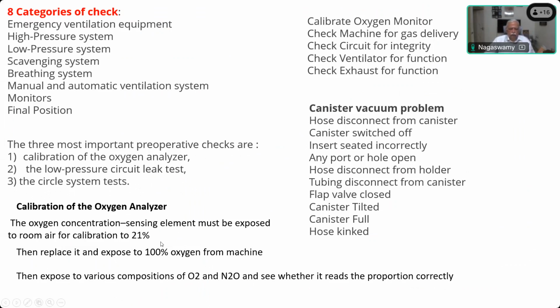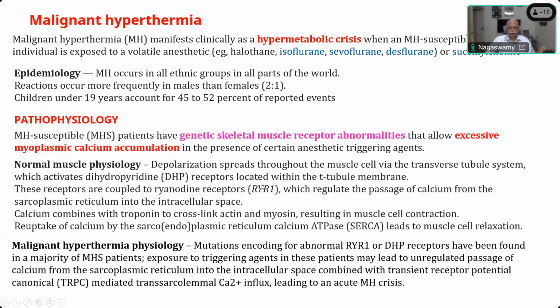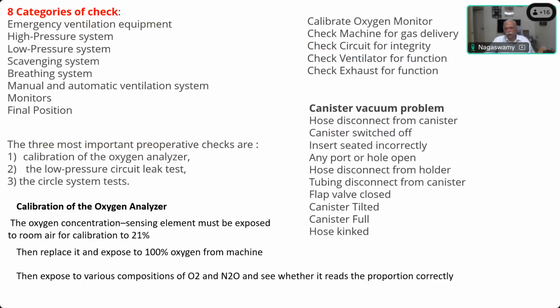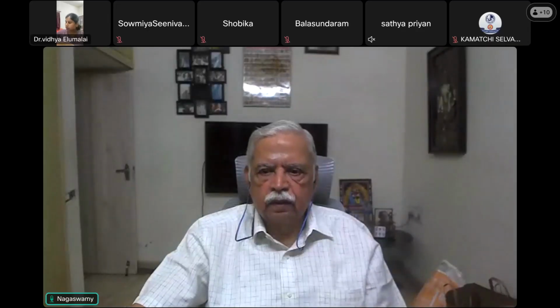When you use only oxygen by opening the flow meter, it should read 100%. And when you give oxygen and nitrous oxide in various proportions, it should read correctly. So that is how the oxygen analyzer has to be checked. Okay? So this is a question that has been asked quite